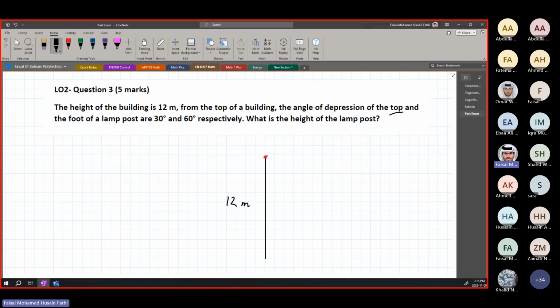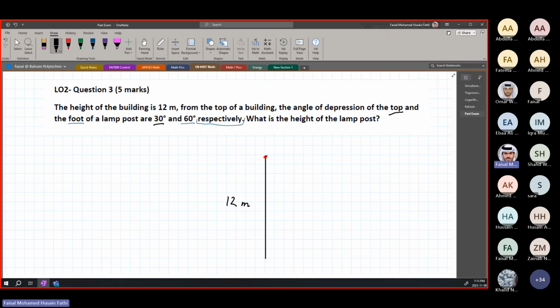So first it says the angle to the top of the lamp is 30 degrees, and then it says the angle to the foot of the lamp is 60 degrees. How do we know it's in order? Because it says "respectively", meaning in the same order. So the top is 30 degrees and the foot of the lamp is 60 degrees. What do we understand from this? If I draw the line now,